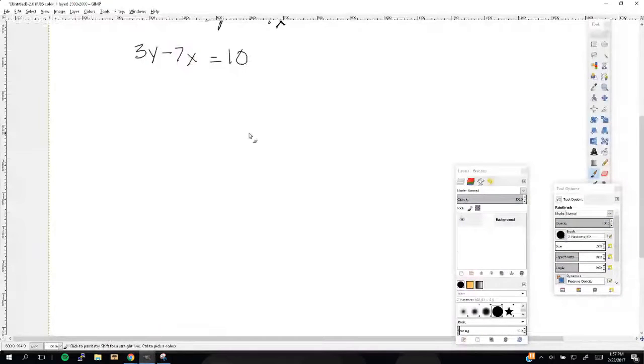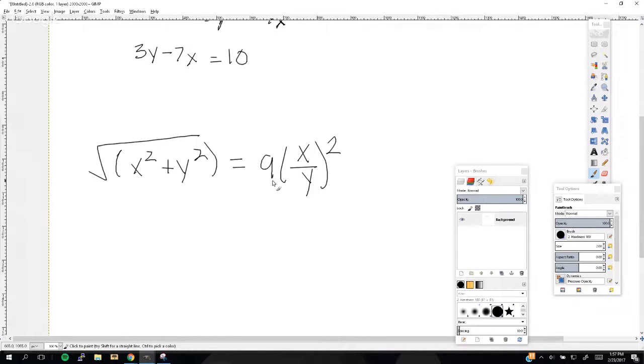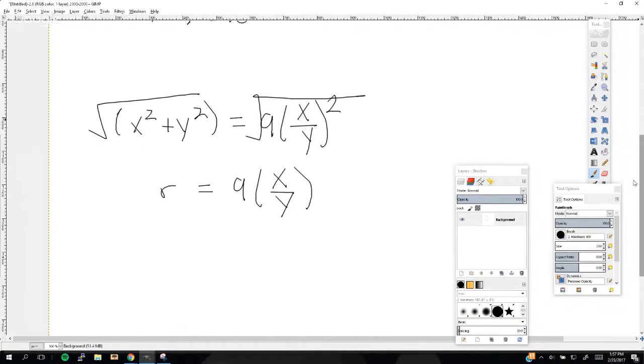The way I did it was just to turn it into r. I square rooted both to get rid of the square over the xy. That's literally what I just did. Awesome. So then you have r equals,